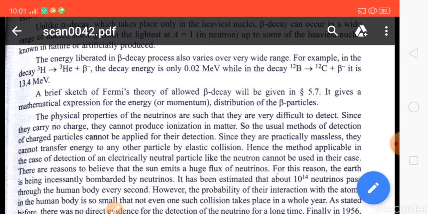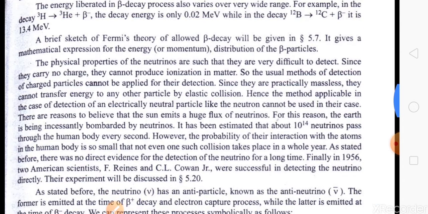Fermi's theory of allowed beta decay. The physical properties of neutrinos are such that they are very difficult to detect since they carry no charge. They cannot produce ionization in matter, so the usual methods of detection of charged particles cannot be applied for their detection. Since they are practically massless, they cannot transfer energy to any other particle by elastic collision. Hence, the method applicable in the case of detection of an electrically neutral particle like the neutron cannot be used